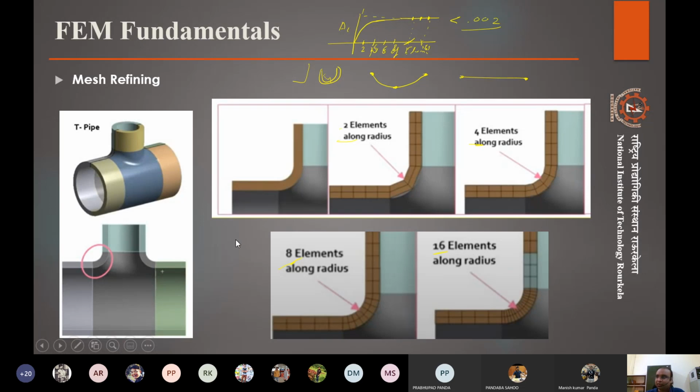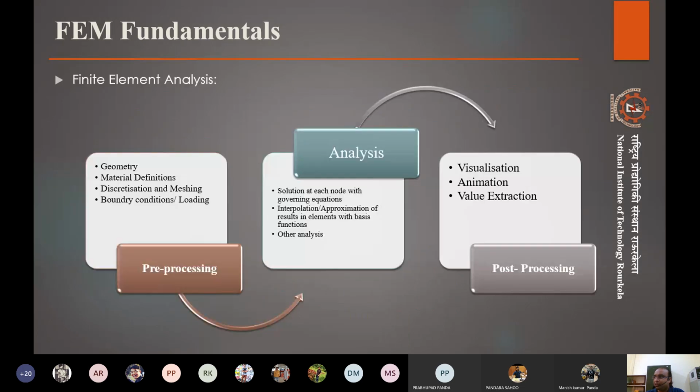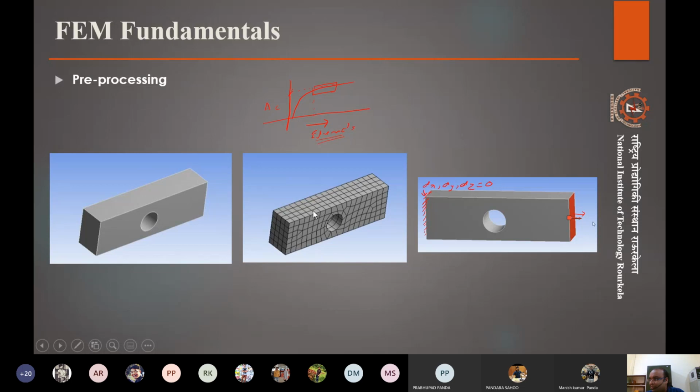So suppose, like in our previous examples, what we were seeing was that a regular meshing is first done, right? But if we want to change the meshing only in this region, or we have to increase the amount of meshing, like we want to increase the mesh density, or we want to just change this area into non-linear elements. So many permutations and combinations can be done, right? So that's when we do manual meshing.